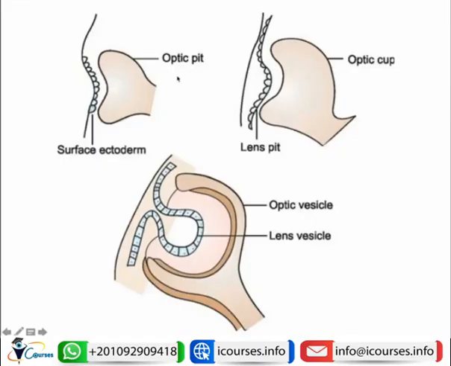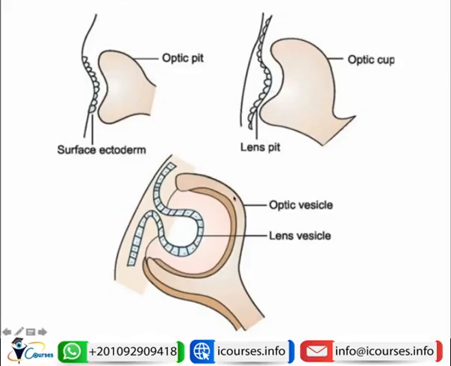So again, here's a section of the developing optic disc. So the developing optic vesicle will be transformed into an optic cup. It has a central pit that's called the optic pit. Once it is in contact with the surface ectoderm, this will lead to transforming this lens ectoderm into the lens pit